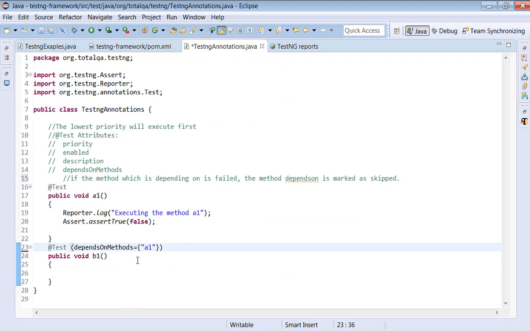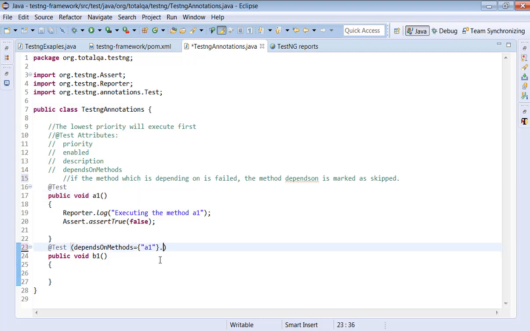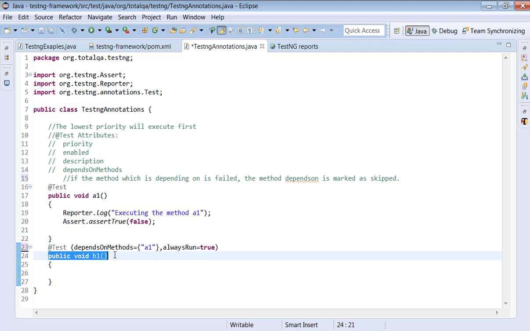If you want to execute B1 even though A1 is failed, we have to put alwaysRun equal to true. If you put alwaysRun equal to true, even though A1 is failed, B1 will execute. B1 doesn't depend on the test execution status of A1. So B1 will execute in this scenario.